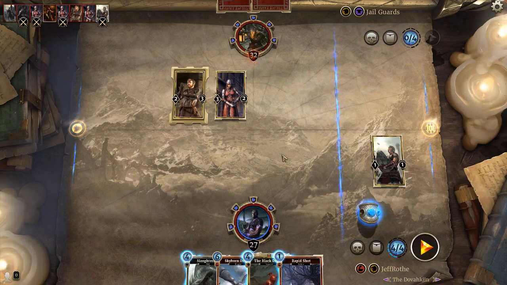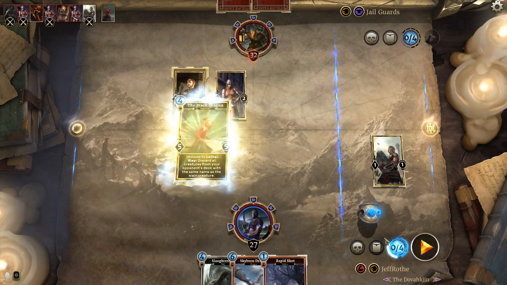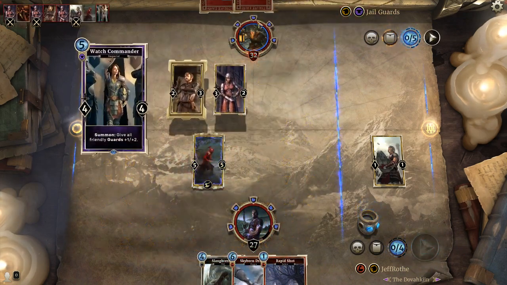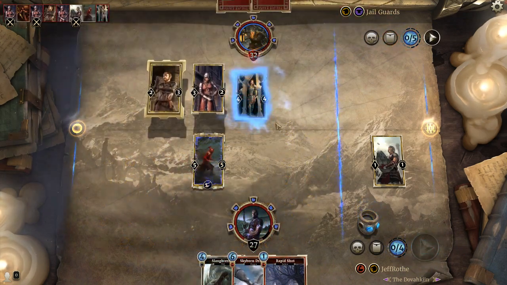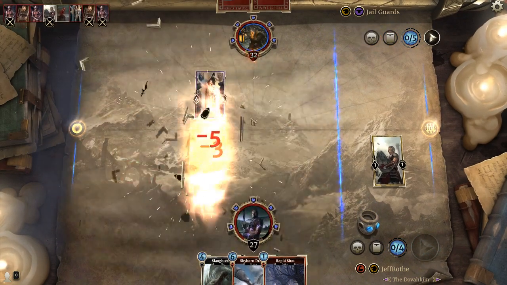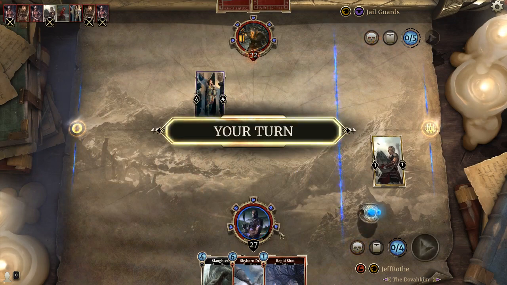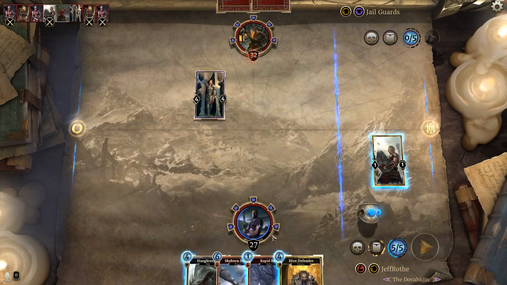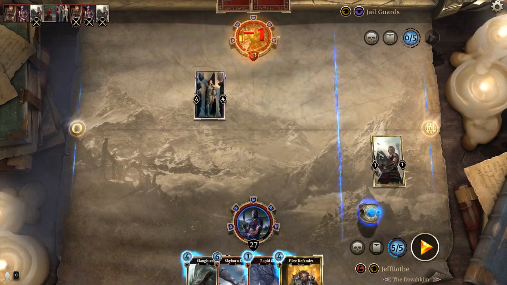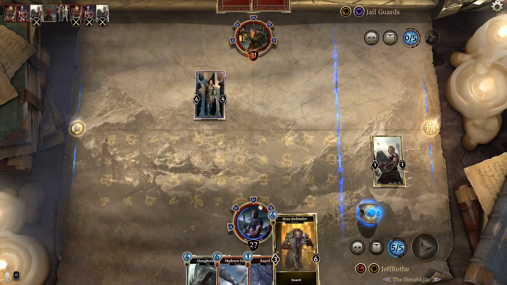Oh. I lied. It was not a turn 4 win. Oh, we need to actually kill the jail guards now. Oh, shit. Alright, well, we got a 2-for-1 there, but that is not what I thought was going to happen. Hey, at least we still have some stuff that can put tokens over there, so...